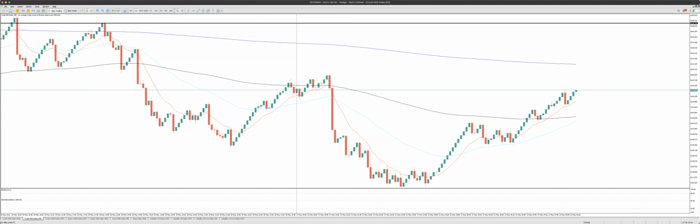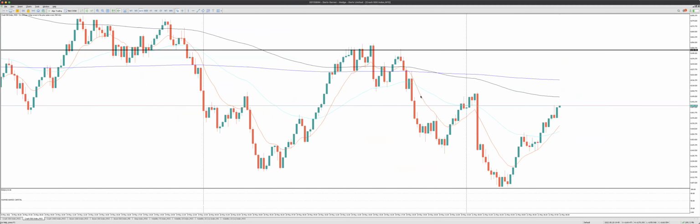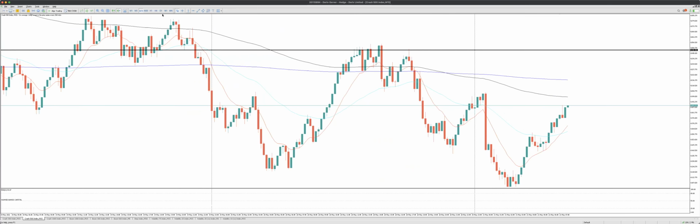Just came to do a quick recap of a trade we took yesterday, CHF JPY. Was it on C5, if I'm not mistaken? Yeah, C5, and we're going to look at B1. So basically what we're looking at,